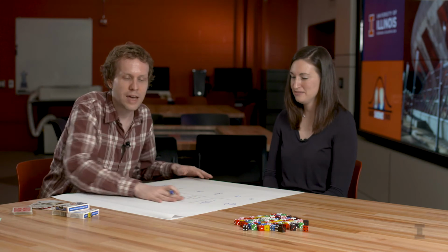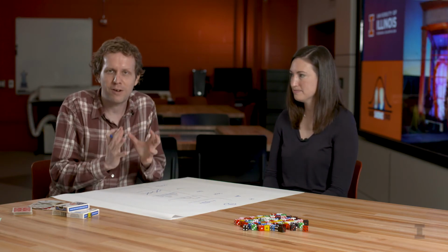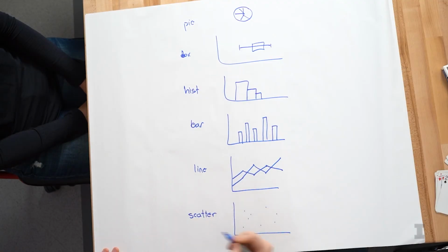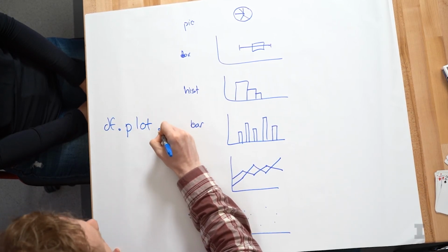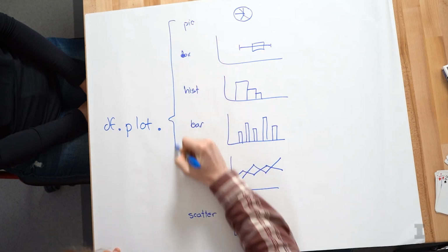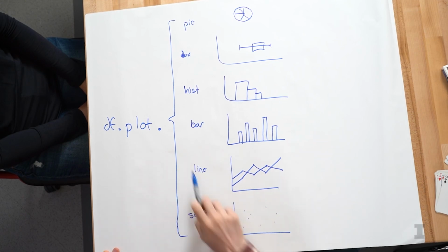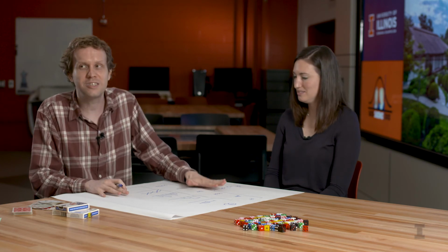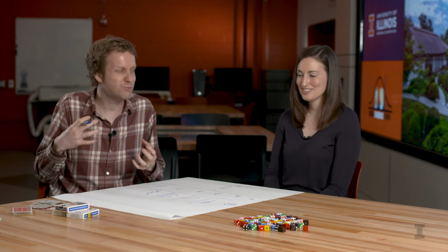And the reason I wanted to lay out all these visualizations before we go into the code is that the code is going to be very, very similar for all of these visualizations. Specifically, if we have a data frame df, we can simply write df.plot dot any of these visualizations. So to get a histogram, df.plot.hist, df.plot.bar, df.plot.line, df.plot.scatter. So all of these are ways we can visualize any data that we have quickly and easily with a single line of code. And this will be what we're going to dive into more as we go through different examples.